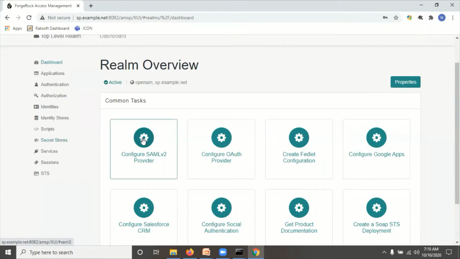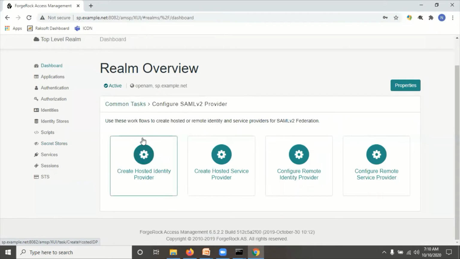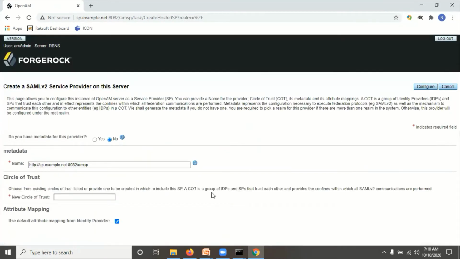Click on configure SAML v2 provider. This application is the service provider application, correct? So we have to click on create hosted service provider. Here also we have to give the circle of trust, my COT. Now click on configure.